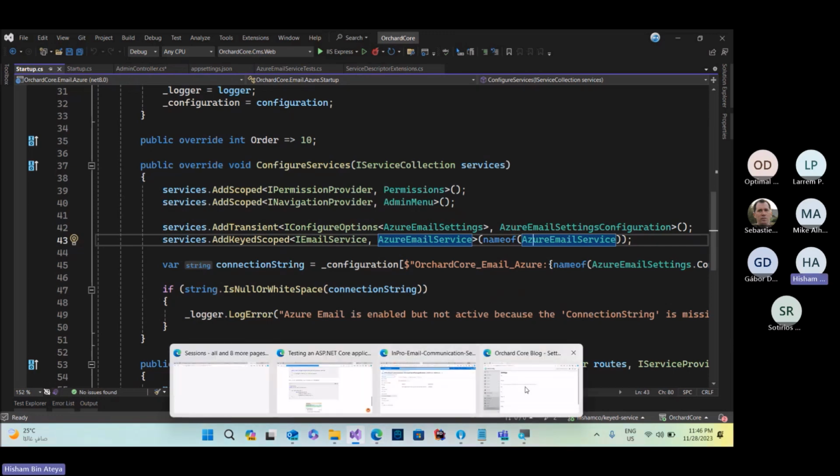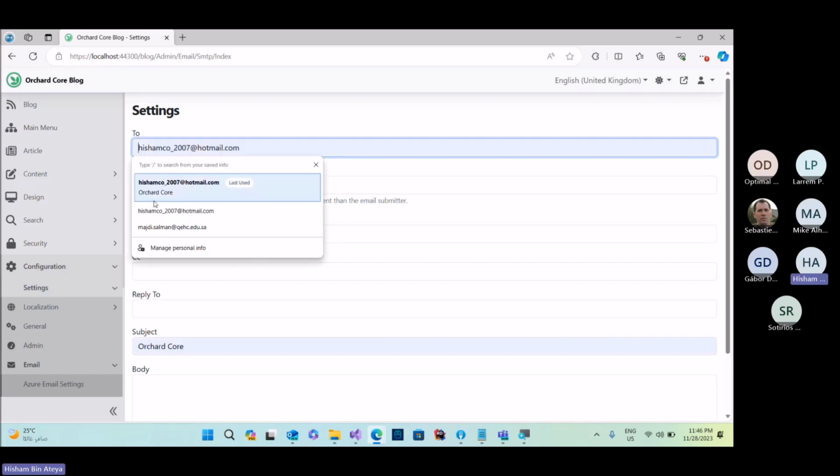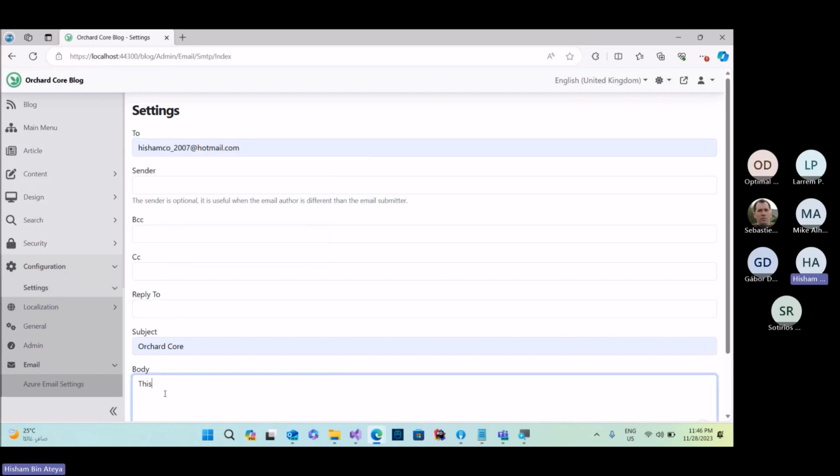But in most cases, for example, if I have any other view, the DI will take the latest implementation. And now if I need to test this, this is the email, oh, this is a test email.